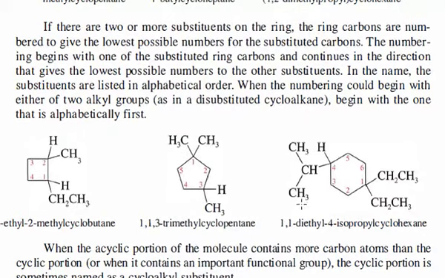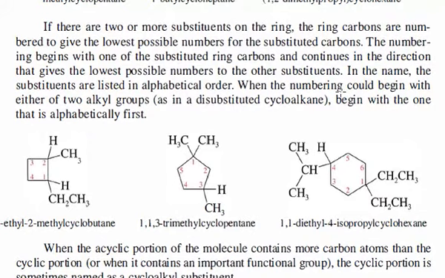cyclopentane. And then on the right hand side, we have 6 carbon atoms. Which one do we need to use? We need to start with this one for numbering. It doesn't matter if we go this way or that way. So we have 1, 2, 3, 4, 5, 6. And we have 1,1-diethyl-4-isopropyl